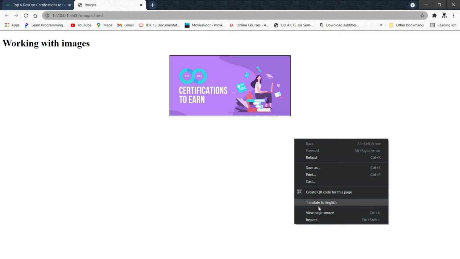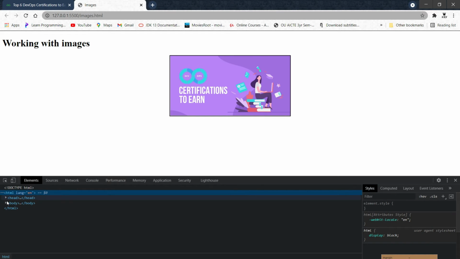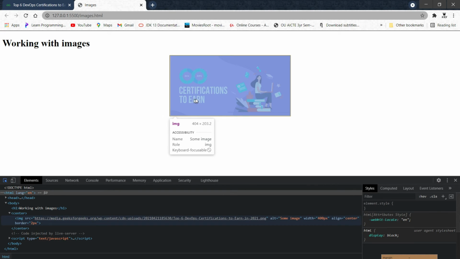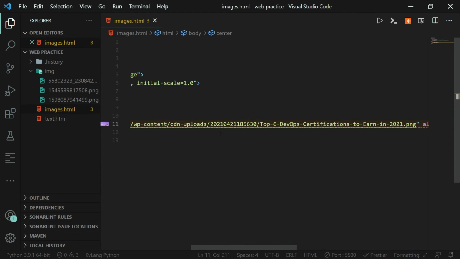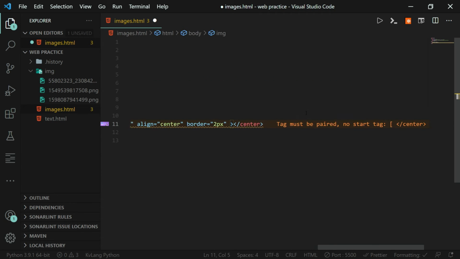I don't know why. Let's inspect it. Okay, so image is an inline element, so it can just be shifted totally to left or totally to right. It can't be aligned to center, except for the case we add a center tag to align it to center. I'll just remove the center tag, and let's remove this align attribute.